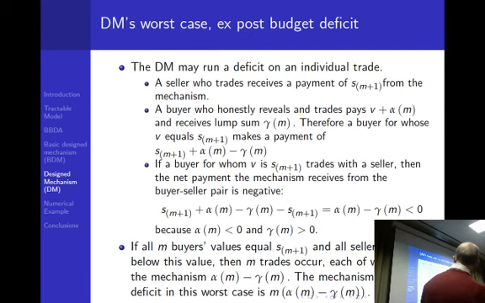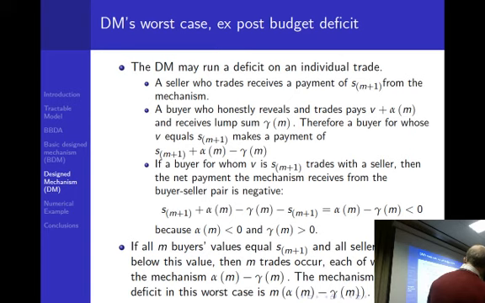Therefore, a buyer for whose V equals S_{m+1}, and here I put ties into it. Remember, that's generically impossible here. But we could make it close to it, and it wouldn't change the answer very much. And there's tie-breaking rules and so on if we want to be careful. Now, suppose V equals S_{m+1}, so we just substitute that in. So here's what the buyer would end up paying: S_{m+1} plus alpha_m, that's a negative number, minus